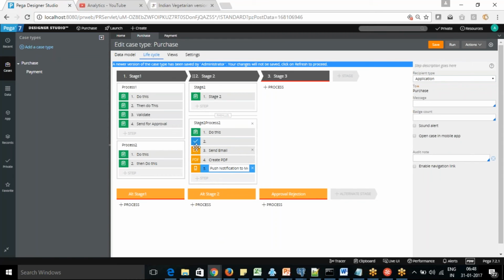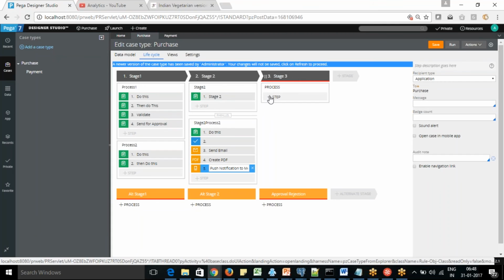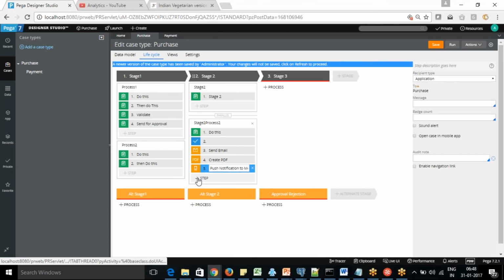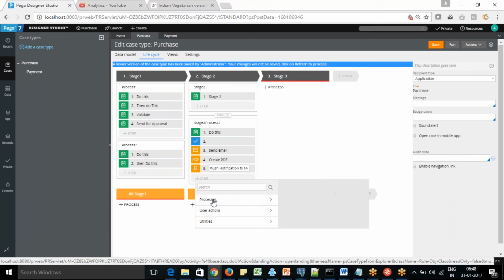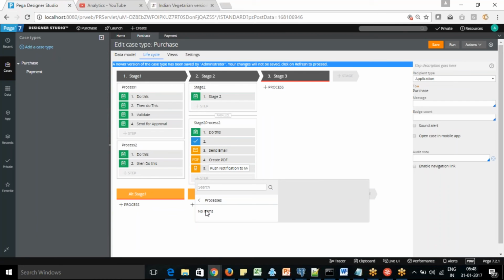Okay, so you can see the different badges coming with the different smart shapes. If you want to call another process, currently no process is coming up. It's listing the processes within the same class; it's not giving the processes which are available in the current system, so it's not coming as of now.